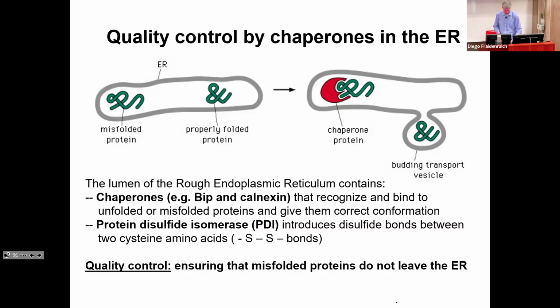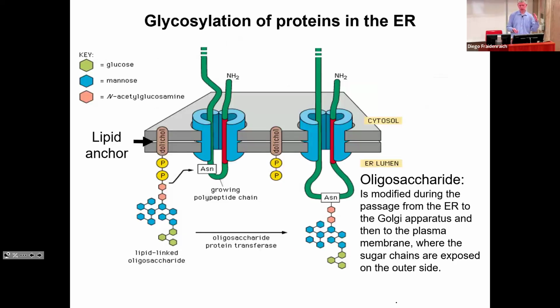Okay, quality control, I mentioned this. So disulfide bonds help the protein to fold. And another protein modification is adding a sugar component. So during the translocation process, at an asparagine amino acid, a sugar component will be added, and it's called oligosaccharide,